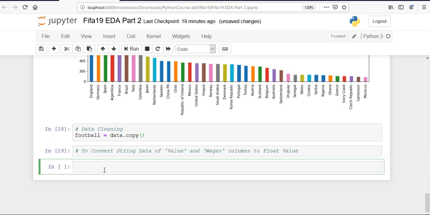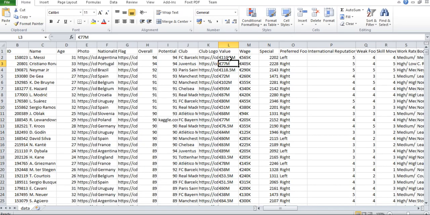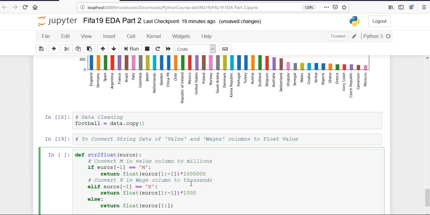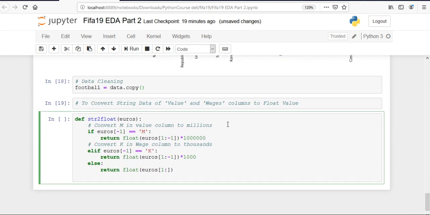Now, to convert the string data of value and wage, we have string data in value and wage. So to convert this string data, we have to write a function here. This function is called str to float. This is a user defined function, and it will take one argument, which is euros. So if euros minus 1, what this means is